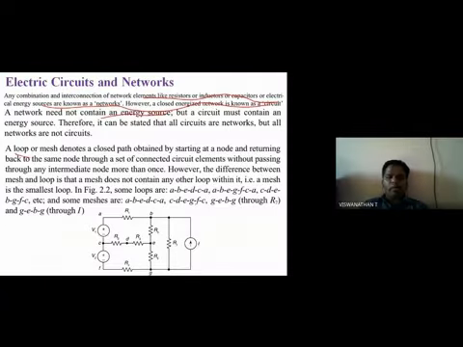Okay. First, we learn the basic network terminologies: loop and mesh. Loop and mesh are almost the same. They are close paths. We need to find the difference between mesh and loop. A mesh is the smallest loop. A loop is a larger closed path, for example A, B, E, D, C, A. Consider this circuit. They form meshes. Totally there are one, two, three meshes. But for loops, we remove this D, then it forms one closed path, that is a loop. Again we remove this, and it forms another closed path. So a mesh is a small loop, and loops are larger closed paths.